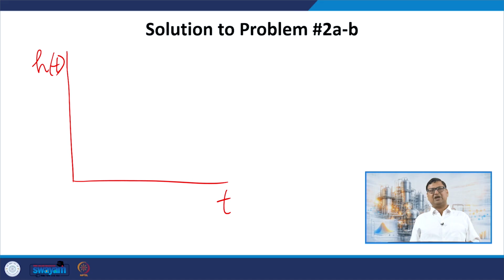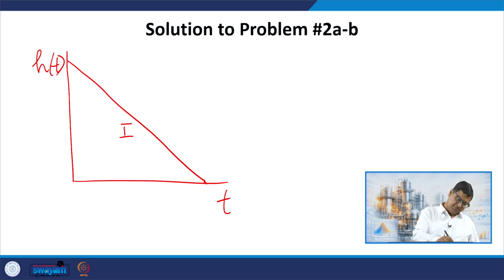Recall the example of time to travel. I knew that the average velocity of the vehicle is a function of traffic density, but what is the nature of that function? So I want to do a similar kind of intuition in this problem, whether it is going to be something like a linear decrease, let me call that 1, and eventually of course the height will go to 0 because all the liquid will leak out,